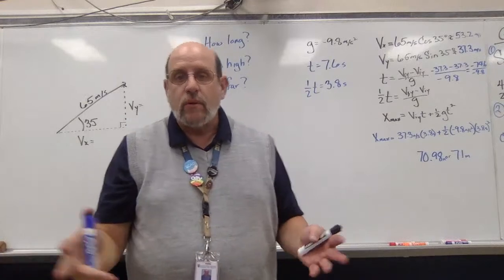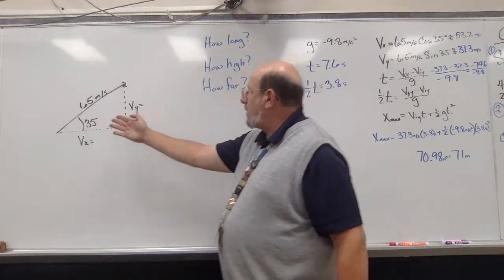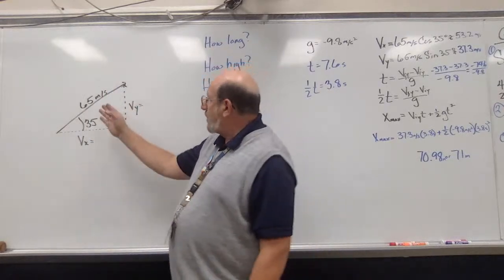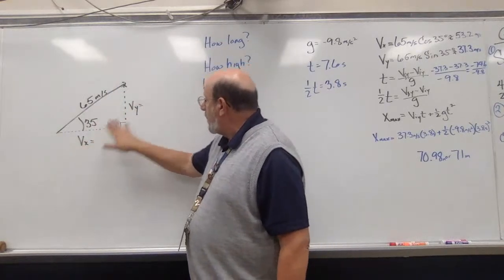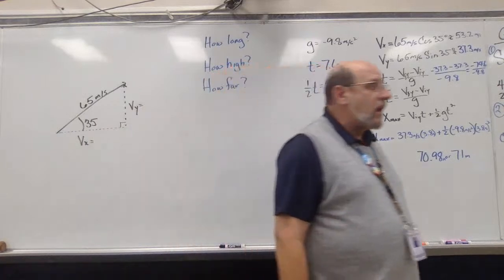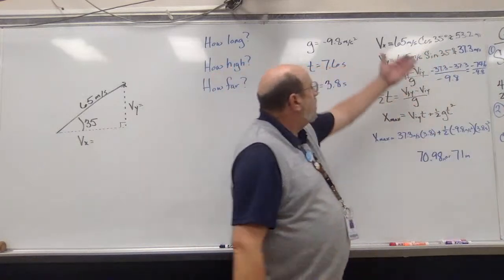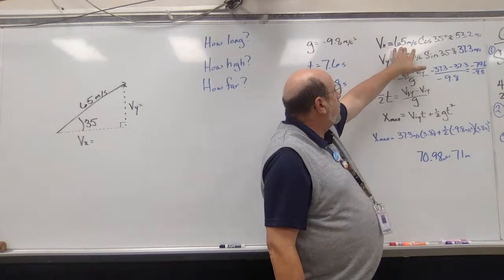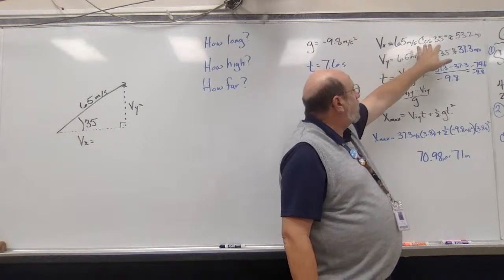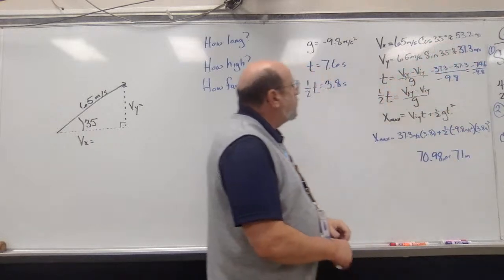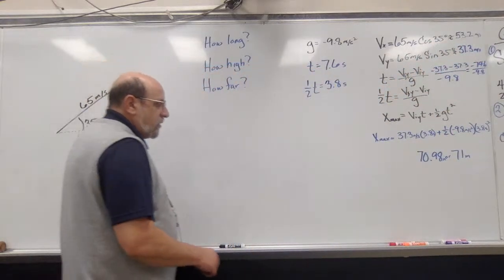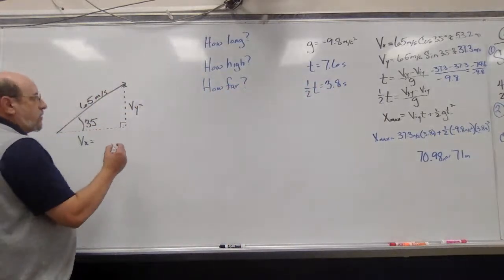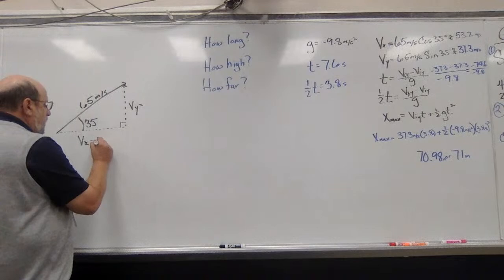Here we go. I have an object fired at 65 meters a second at 35 degrees. I want to find the two components of velocity, so I use these formulas up here. The magnitude of the hypotenuse times the cosine of 35 gives me my x velocity, my horizontal velocity. And that ends up being 53